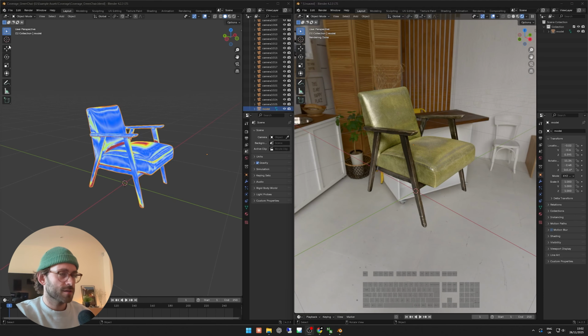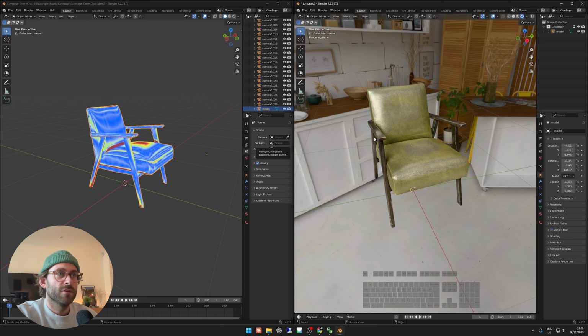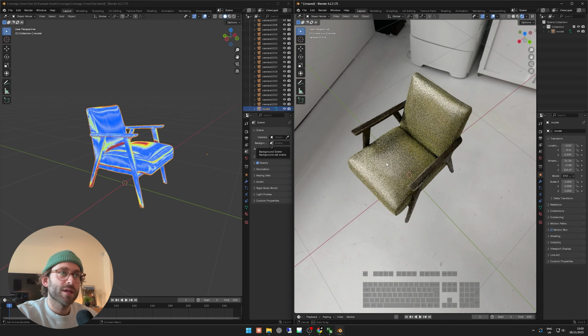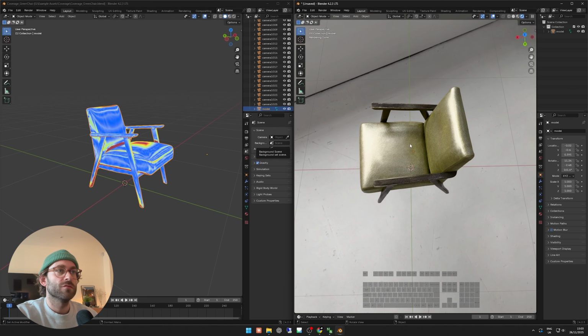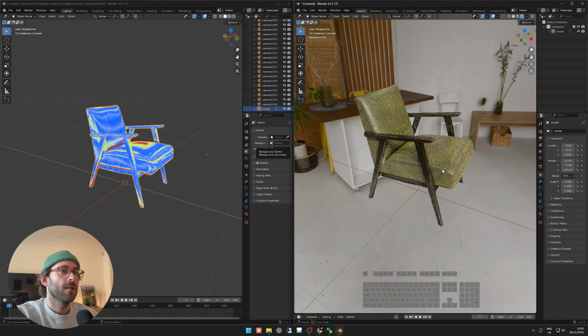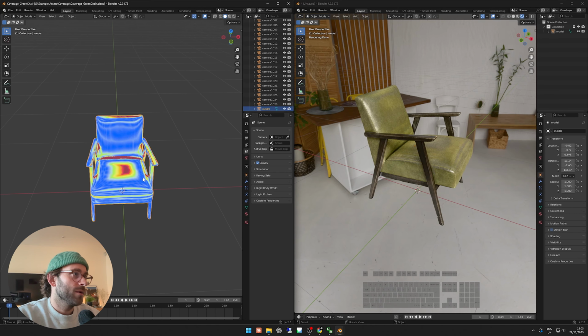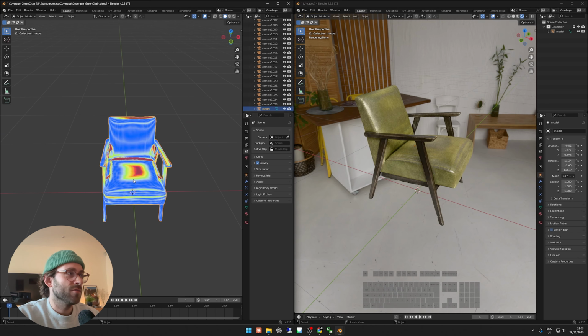So looking at another scan, we have this green leather armchair, very smooth on the top here. So we want to make sure we capture enough views of these really glossy areas. But unfortunately, this was one of our first ring flash scans and we actually made a bit of a mistake. So looking at the heat map, we can already see without even looking at the cameras that there's a massive